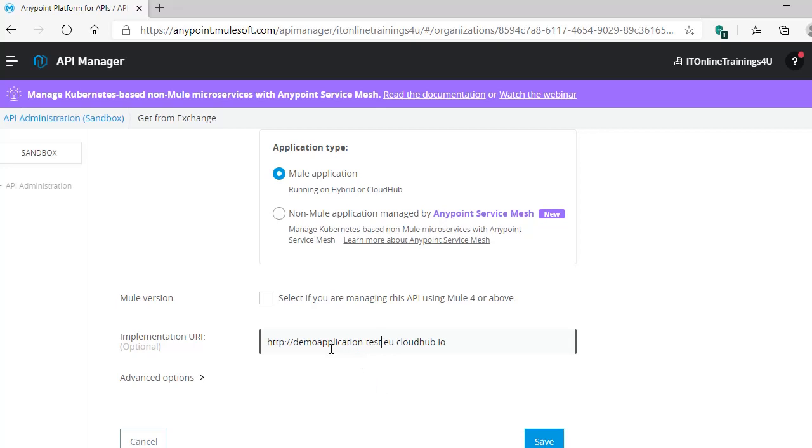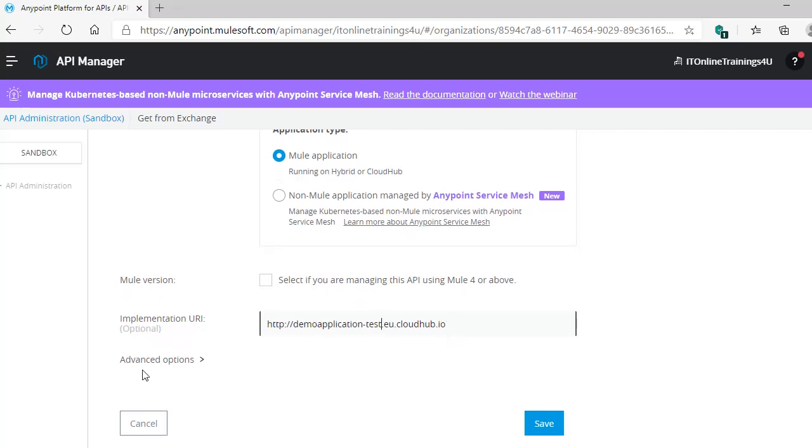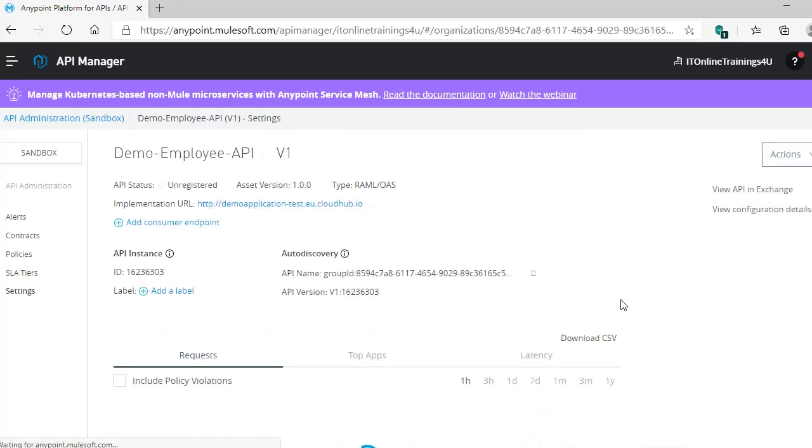Actually, once you deploy your application in CloudHub, it will generate one application name with region extension. Okay, we will see all these in our basics video series. For now, we can just keep in mind that we can just create an implementation URI and click save to save your changes.